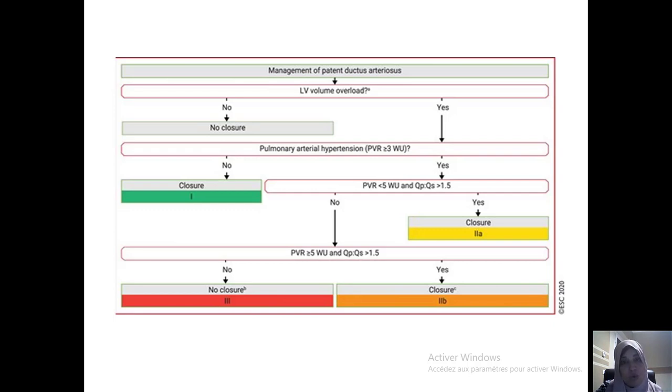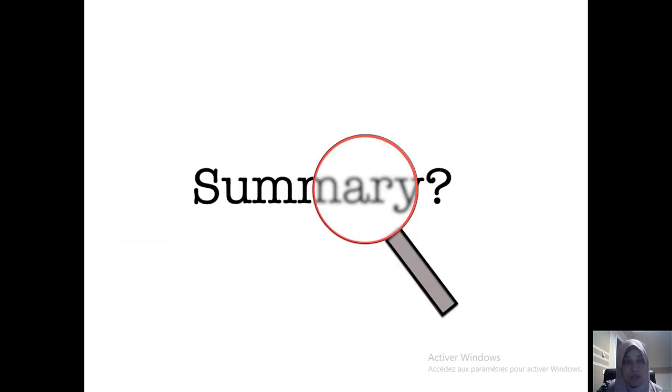We also may ask if there is or is not a left ventricle volume overload, and if there is or is not an elevation in pulmonary arterial pressure and then in pulmonary vascular resistance. So, to summarize, after seeing these three types of most frequent left to right shunts among adults,